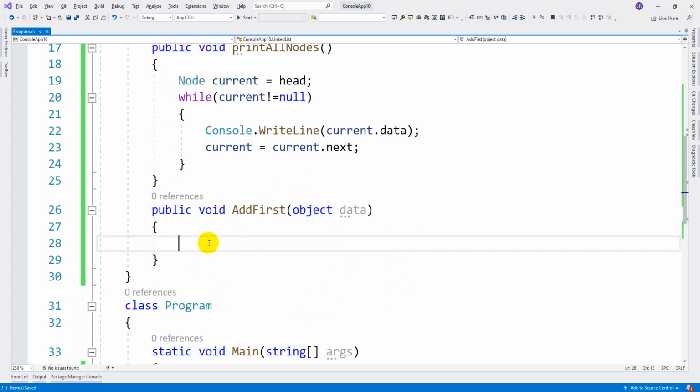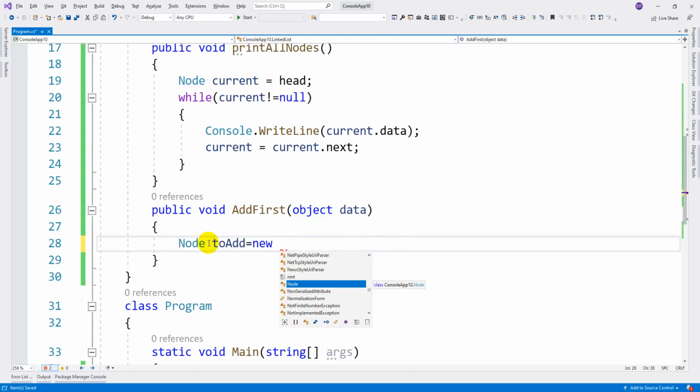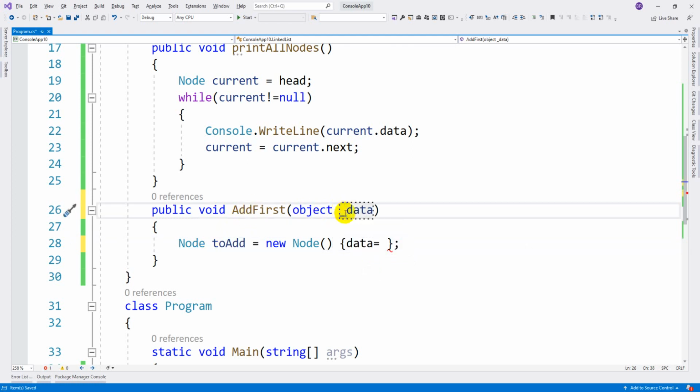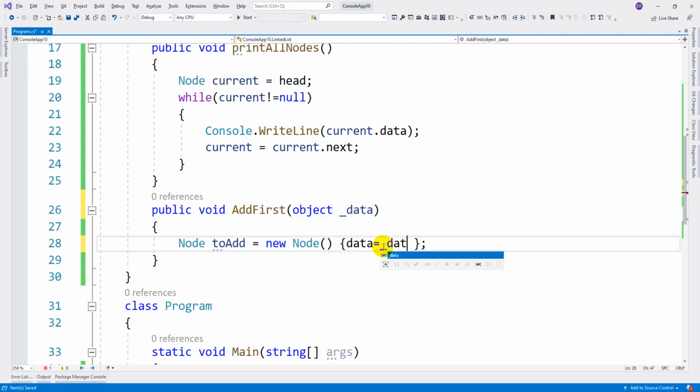So now node to add, the element that needs to be added. So new node, we are creating an object. So let us implement the values here itself. Data equal to whatever the data that we are getting here. Let me take underscore, otherwise you will get confused with this. So underscore data. Okay.